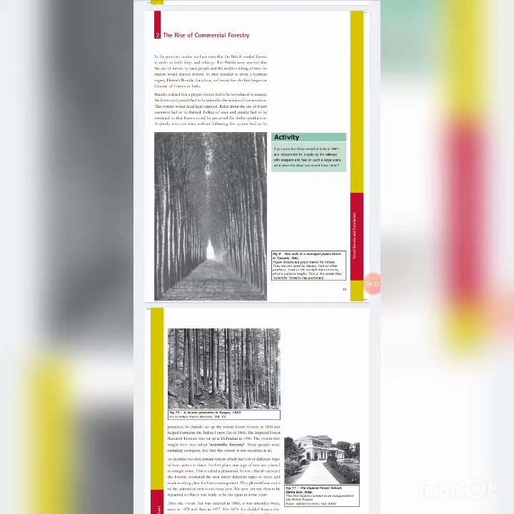In scientific forestry, natural forests, which had lots of different types of trees, were cut down. In 1906, the Forest Act was enacted, which was amended twice, once in 1878 and then in 1927. The Act of 1878 divided forests into three categories: reserved, protected, and village forest. The best forests were called reserve forest.